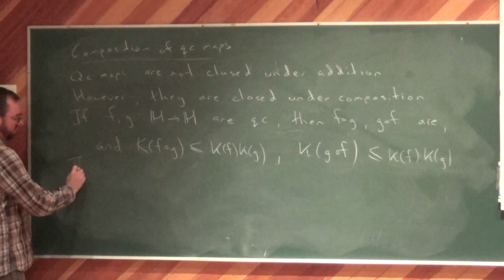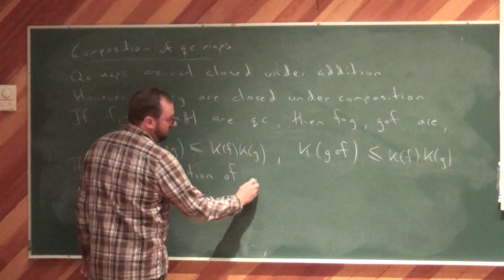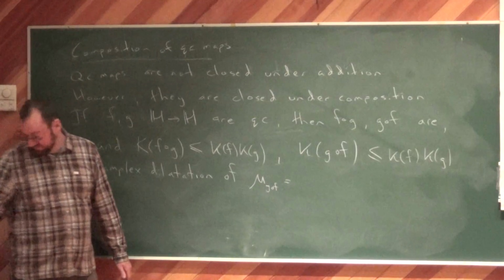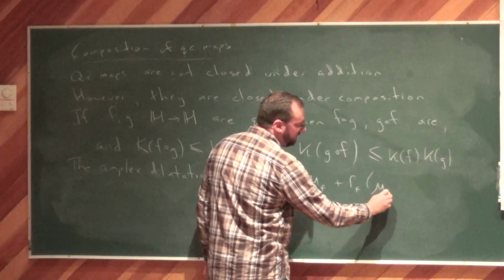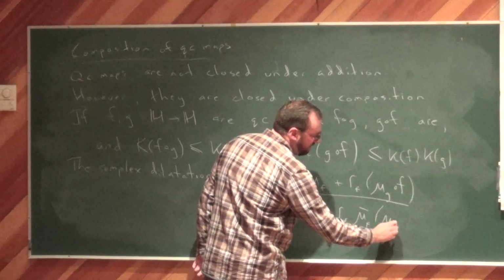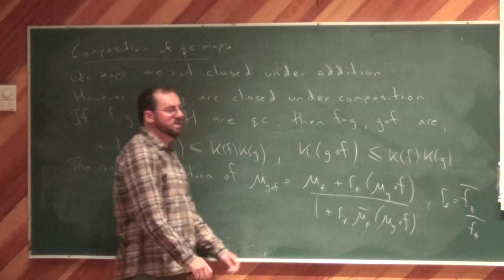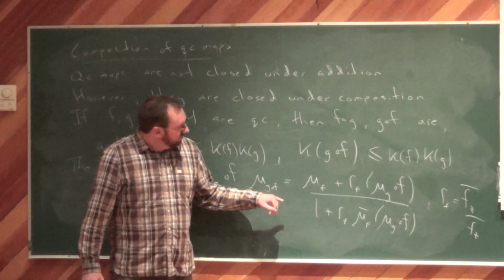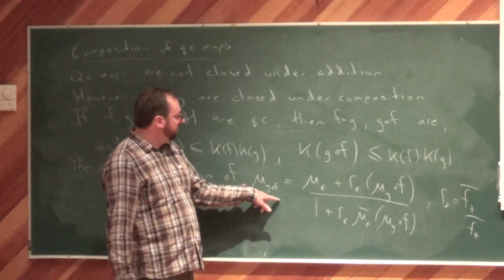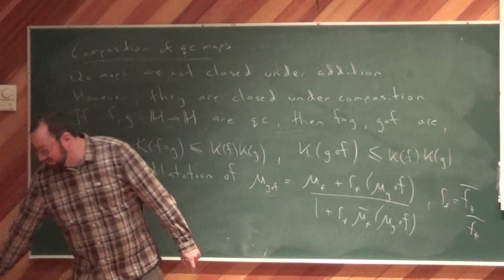So you can compute that the complex dilatation of G composed with F has the following form: mu sub F plus R sub F, mu sub G composed with F, divided by 1 plus R sub F bar, mu sub F bar, mu sub G composed with F, where R sub F is f sub z bar divided by f sub z, so R of F has absolute value 1. So this kind of looks like a Möbius transformation, and you can take advantage of that when you want to try and prove things about the complex dilatation of compositions by sometimes appealing to the corresponding Möbius map properties that you get here. So for example,